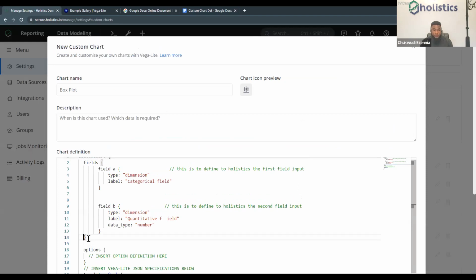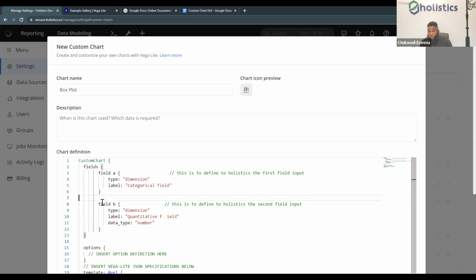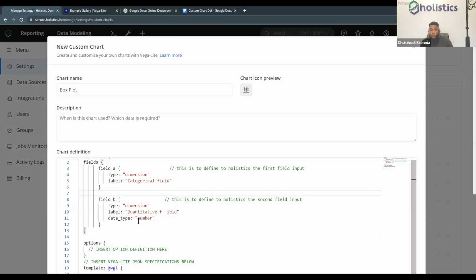I'm going to indent this one step backward. So we see that right here, we have two field definitions. The first one, the type is dimension, like I mentioned, label categorical. And for field B, we have type dimension, and the label reads quantitative field. All right, so with this now, we're able to define the fields.